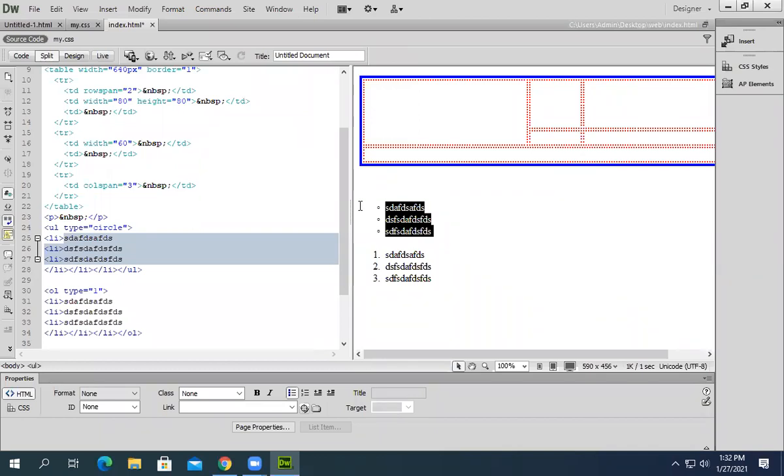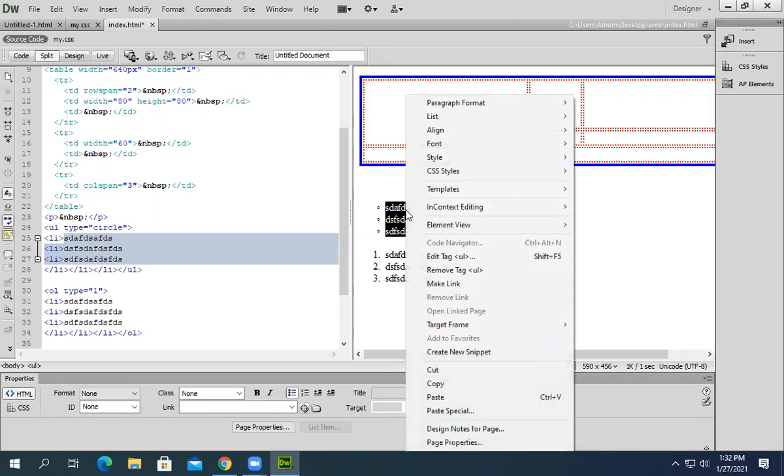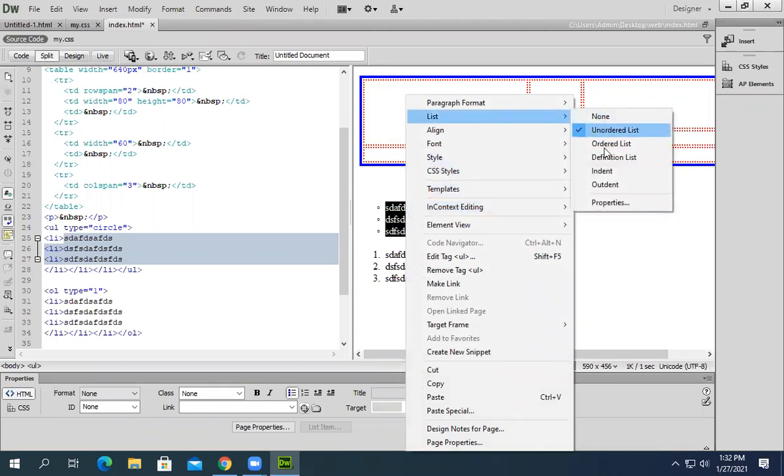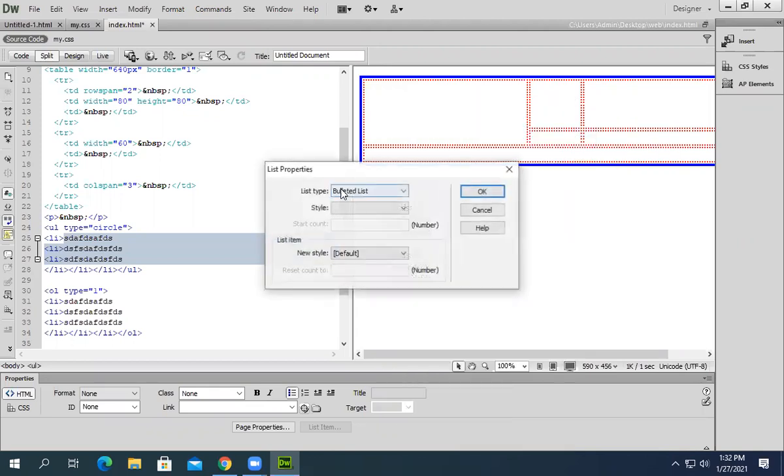The one I opened just now, I did it from here. I clicked over here. No, you can even do it before. You can just select the list, come into the properties, and define what you want: bullet list, numbered list, ordered list,